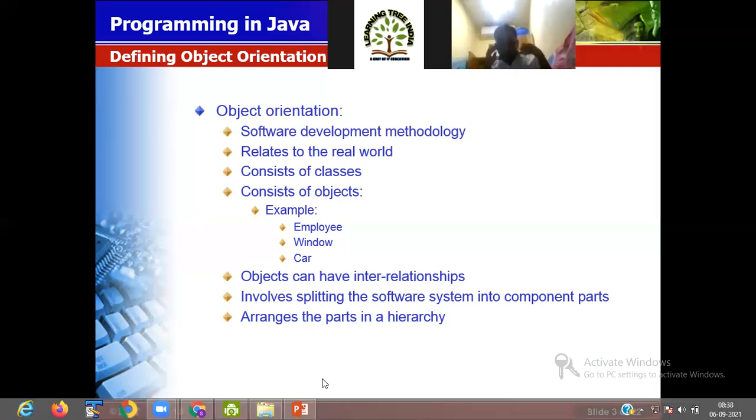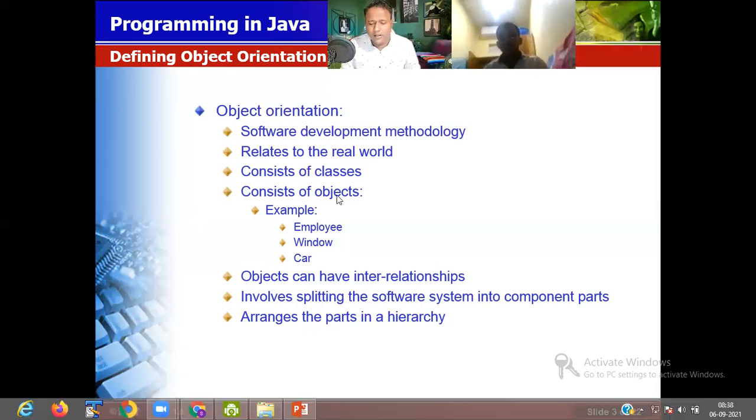The object consists of the object. Object can have interrelationship to each other. It involves splitting the software system into component parts and arranging the parts on a hierarchy basis. Object orientation is saying that you have to divide the software into smaller parts. When you break the software, then you are getting a correct answer. Like